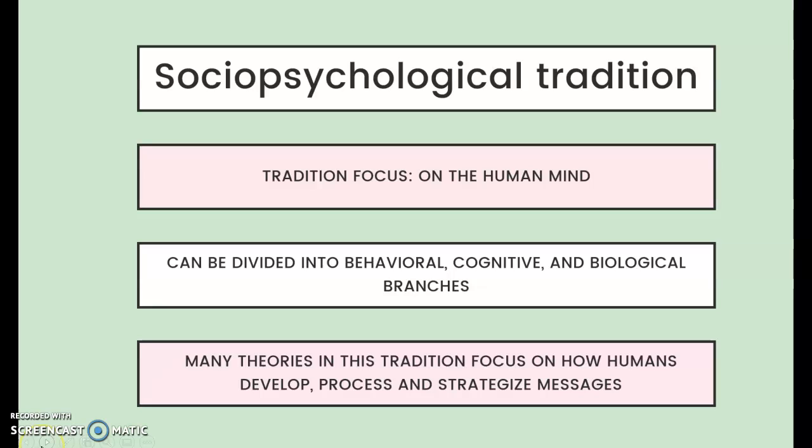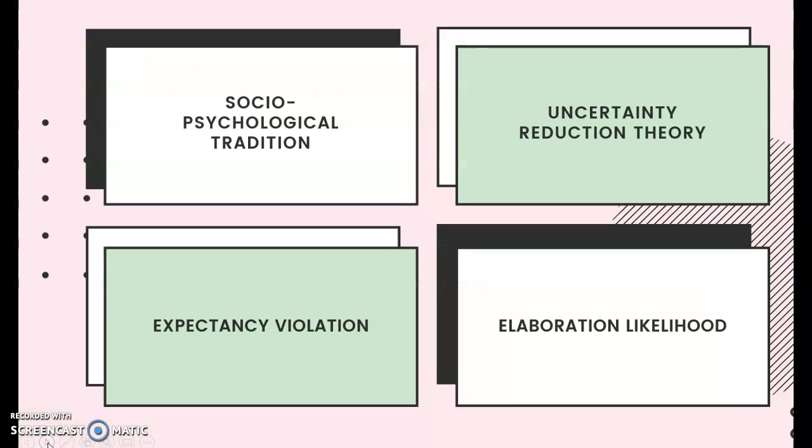A perfect example of this tradition are the uncertainty reduction theory, expectancy violation, and elaboration likelihood. These theories focus on how people process messages and how it can affect their attitude as well as the message's persuasiveness. For example, with the expectancy violation theory, communication scholars explore how people respond to an unexpected violation of someone's